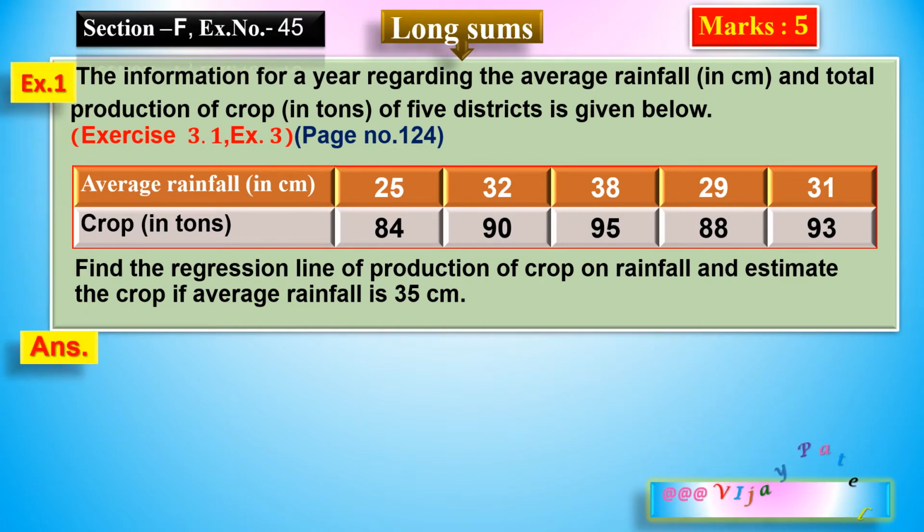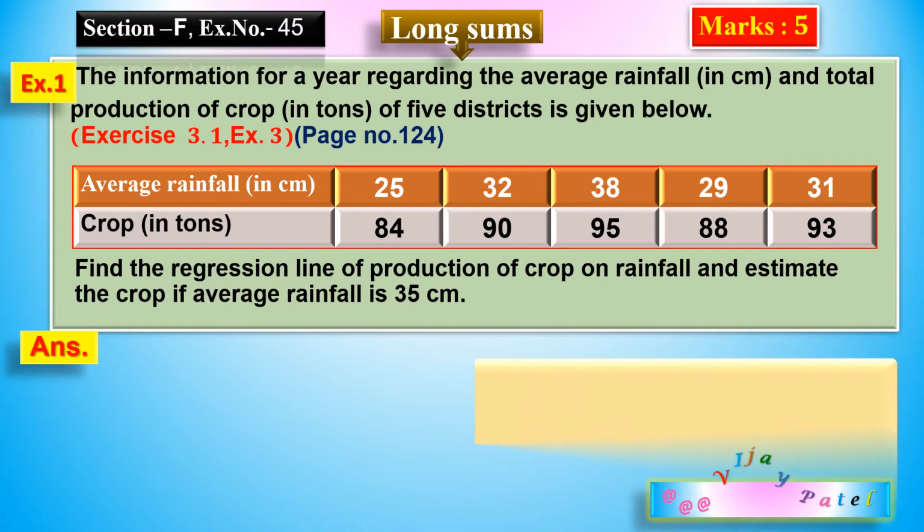See here the data. All observations are not below 30, so it is not convenient to use the formula of xy, x square. So now first of all we should find x bar and y bar. If both are integers, then apply x minus x bar, y minus y bar and x minus x bar whole square formula. But if x bar and y bar both are non-integers or any one of them is non-integer, then apply shortcut method, sigma uv method.